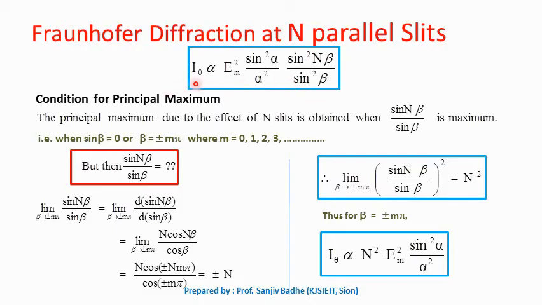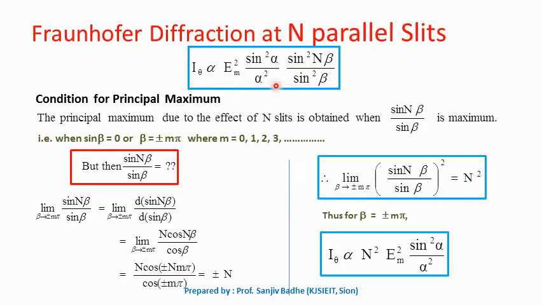Once we get the relation for the intensity of light arriving at point P due to the light rays diffracted at an angle theta, we can find the conditions for maximum and minimum now. This intensity has two factors. Em square sin square alpha upon alpha square is the effect of a single slit, and sin square n beta upon sin square beta is the combined effect of n number of slits. There will be maxima and minima due to the single slit, and additional maxima and minima will be introduced due to this sin square n beta upon sin square beta.